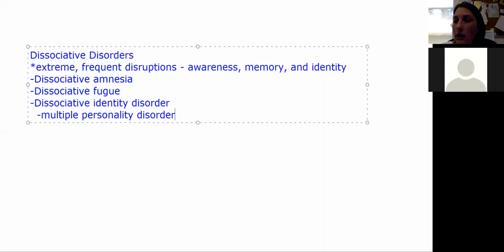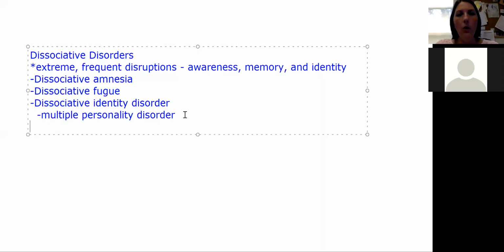You're going to see a lot of movies portrayed incorrectly because a lot of myths are that people with dissociative identity disorder or multiple personality disorder have schizophrenia. And it actually is a completely different disorder. And so I like to think of dissociative identity disorder as a break from reality, but you have multiple personalities. With schizophrenia,